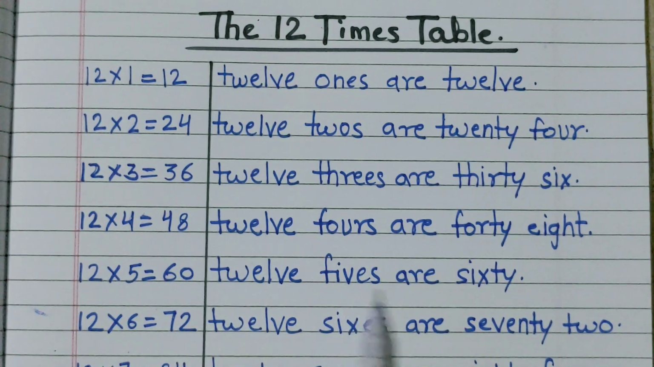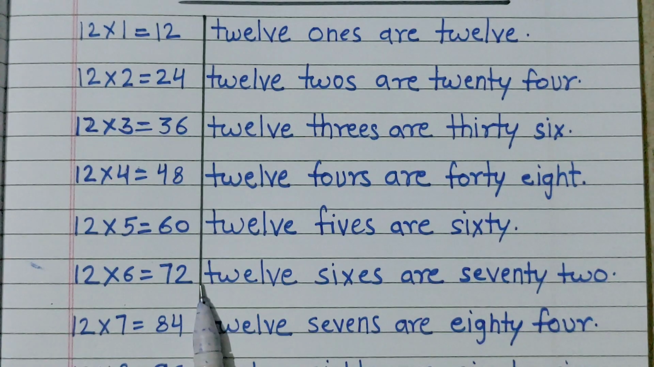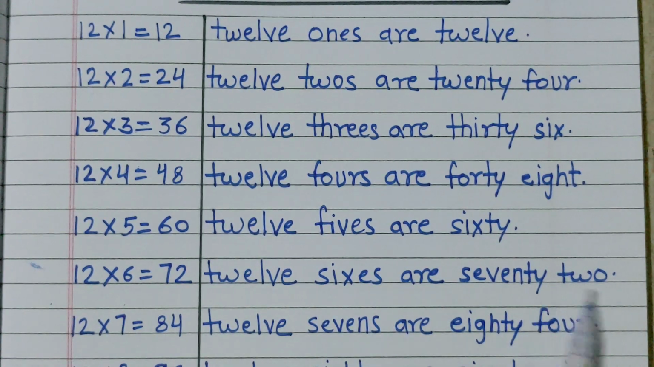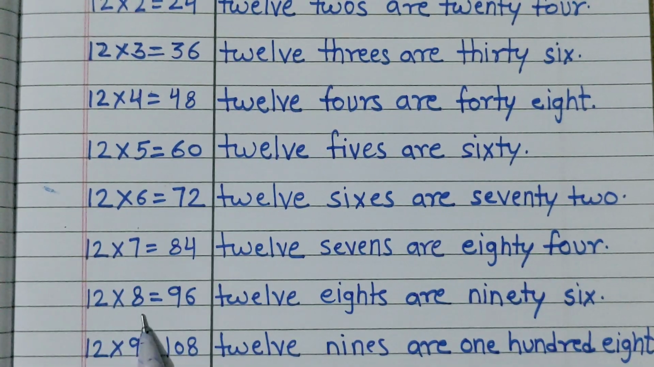60, 12 6s are 72, 12 7s are 84, 12 8s are 96, 12 9s are 108,